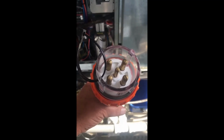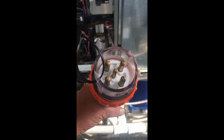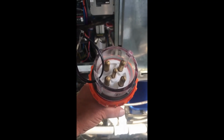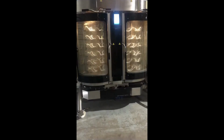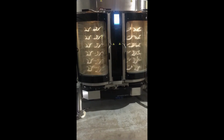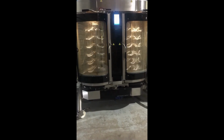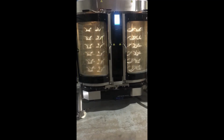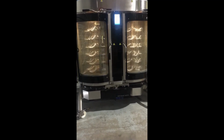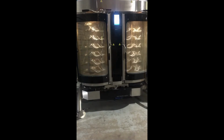It is now time to push the oven back into place. Reconnect the power supply, reconnect the floor drains. After servicing the Roastrunner oven, put it into wash. Do this by tapping the wash button on the bottom right hand side of the screen. This is an opportunity to look for any door leaks